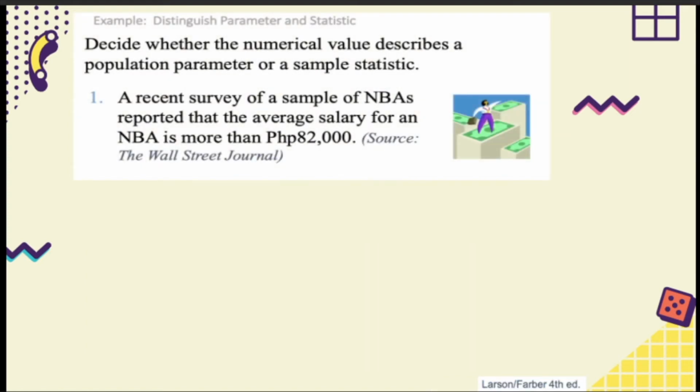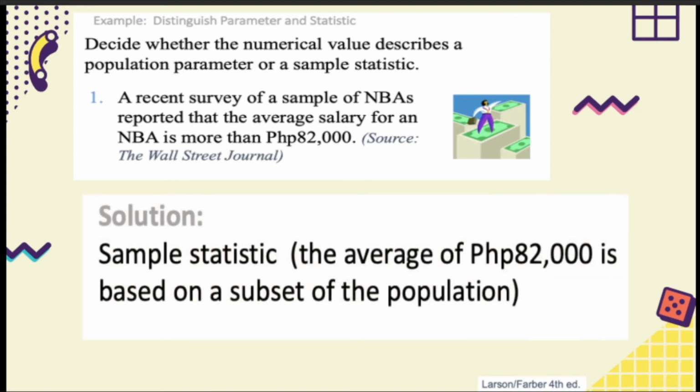Another example. Let's decide whether the numerical value describes a population parameter or a sample statistic. Number 1: a recent survey of a sample of NBA players reported that the average salary for an NBA player is more than 82,000 pesos. Let's try to answer which is the parameter and which is the statistic. Here, this is a sample statistic because we're talking about the average of 82,000 pesos,